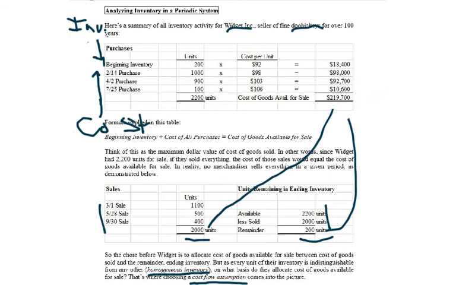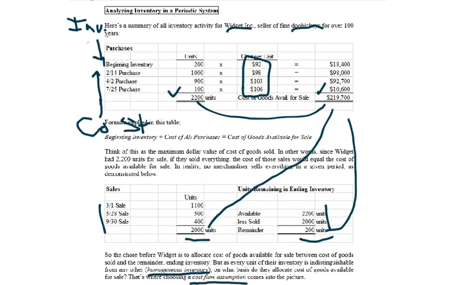All right, so what we're going to do is take the cost that was available for sale and divide it by the units we had. Now, what you'll observe is that because we do that, whatever units we have the most of at a specific cost is where that average will gravitate toward. Now, we could do this, which is take all of the costs we have here, add that up, and we get $399, and we could divide that by 4, and we would get